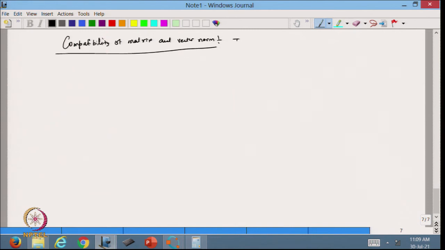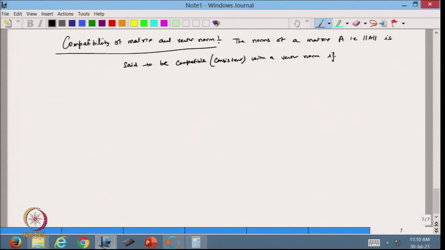Now, the norms of a matrix. Suppose I take the matrix A. This one is said to be compatible, or I can say consistent, with a vector norm if, suppose I take x, that is, if